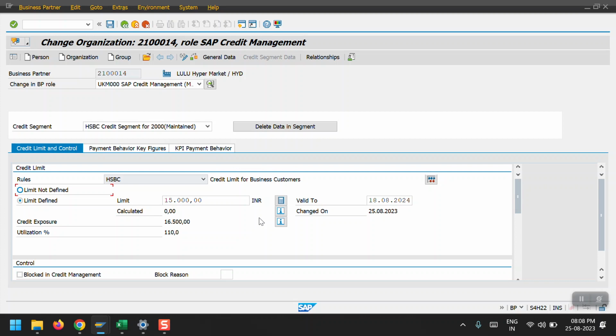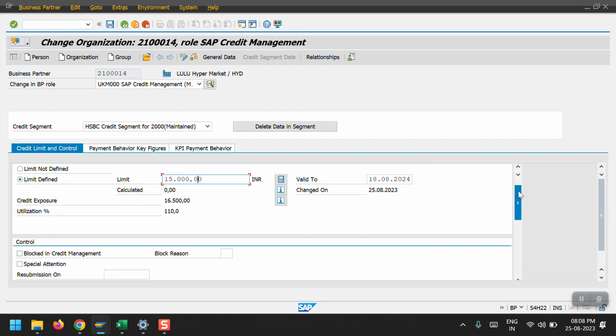That program should check this limit, this credit exposure and credit utilization of the customer. If it is exceeded, the block should happen immediately. The system should block the credit management here, and the system should update the credit block reason as well. This should be automated